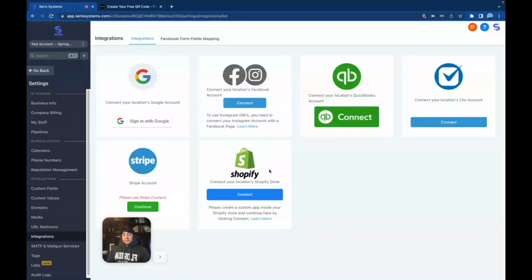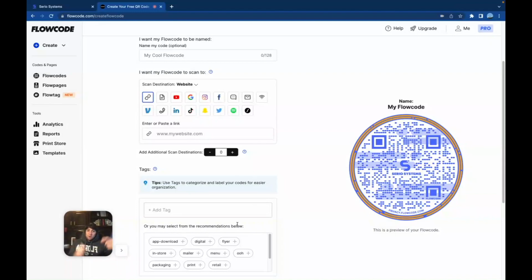And now I'm going to show you my secret formula. I talk about it all the time in my course and on my YouTube videos. So for a lot of you, this is not going to be any crazy surprise at all. My secret formula is Flowcode, scannable codes. You guys have no idea how powerful scannable codes are, because what this does is it forces the customer to scan it, because now, depending on the business model, but for most business models, you're in front of your customers a lot. So if you can be in front of your customers, you can have them scan a code like